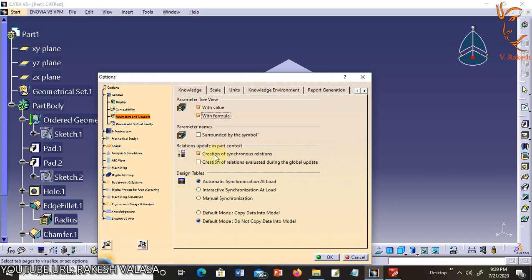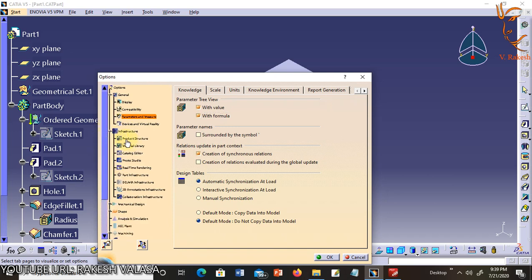You can choose creation of synchronous relations. Expand the infrastructure branch of the option tree by selecting the plus sign. From this select the part infrastructure branch.